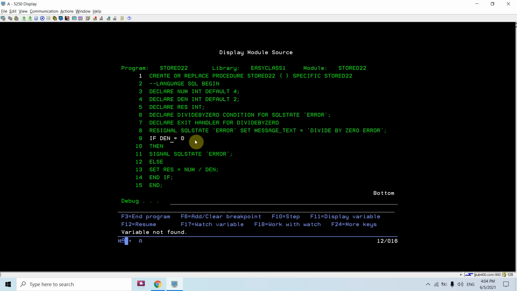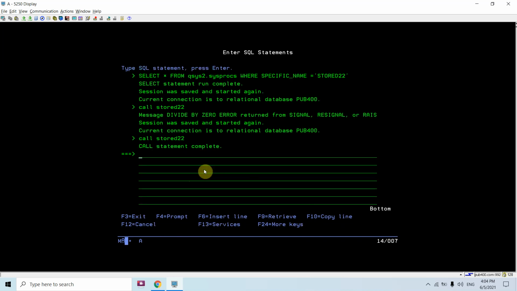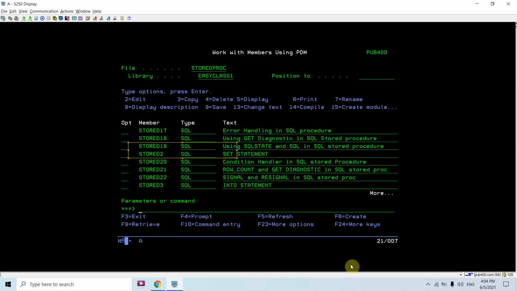So if denominator is 0, it's not 0, it would divide numerator by denominator, and it will set the result, which is set to 2. So this time you can see the call statement completed successfully and you are not facing any error.